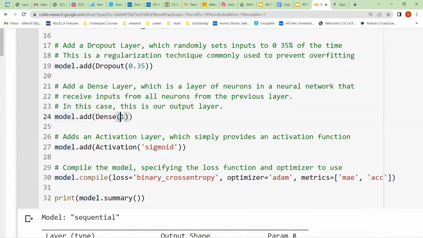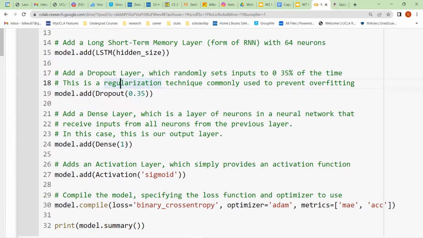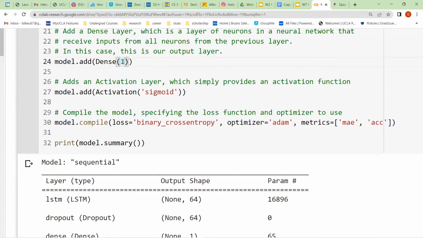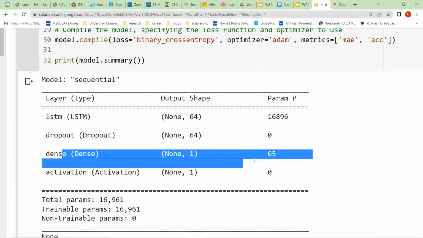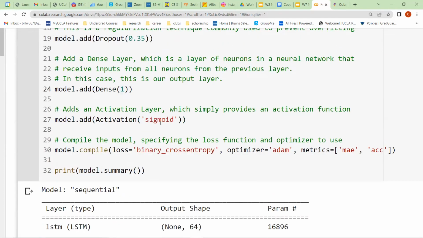The last thing we're going to do is add this dense layer, and all this dense layer is doing is creating an output from all of the processing that we did in the previous two layers. Because we're sizing this dense layer to 1, as you can see here, we'll only have one number outputted, and then we're going to take that one number and run it through an activation function.